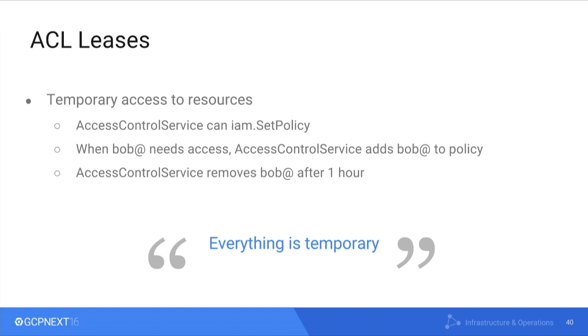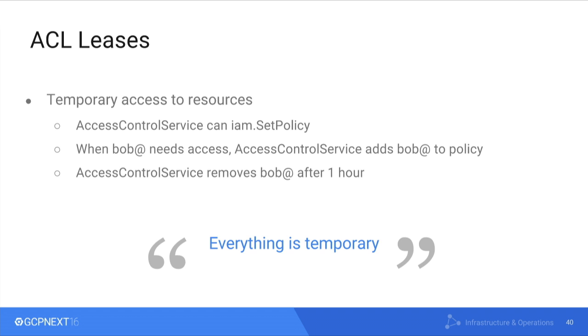So we basically built an ACL leasing infrastructure. Imagine you have an access control service that has the ability to set an IAM policy on a set of projects, or the entire organization. Now, supposing an engineer wants access to a resource, the engineer can go into that service, say, I will need access to this resource, specify a time, and then that access control service can actually